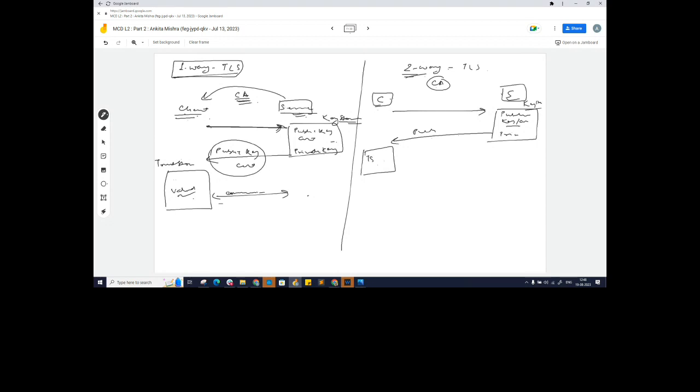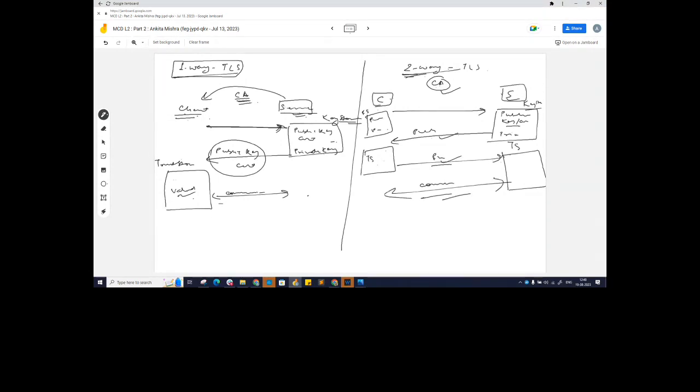But this is a two-way authentication. So the client will also have to authenticate itself. Now the client will also carry a key store with his public key as well as private key. Now the client will also have to send his public key to the server. And now the server can again either take help from the certificate authority, or the server can have his own trust store to validate whether the data provided by the client is valid or not. If both validations are successful, if the client has successfully authorized the server and the server has authorized the client, then only is the mutual communication established.